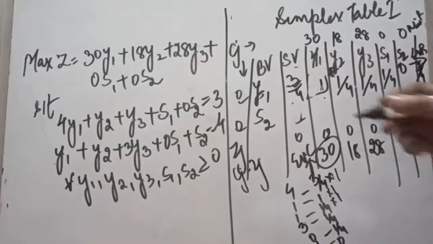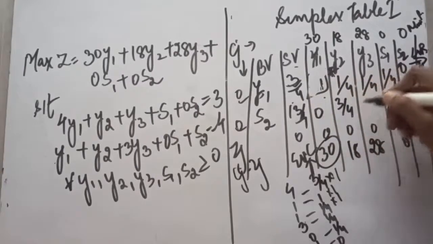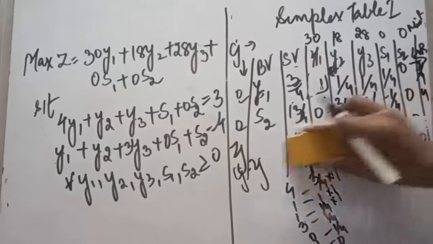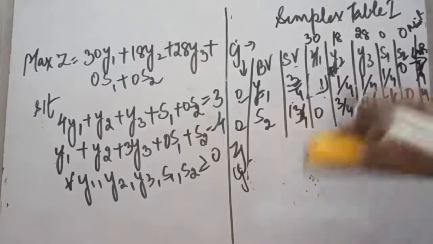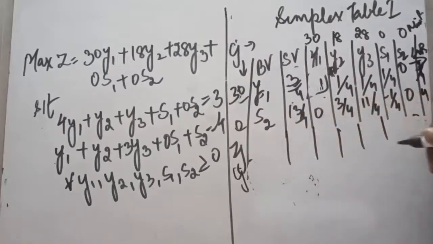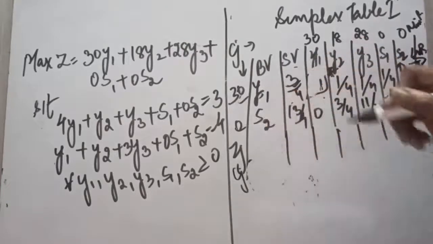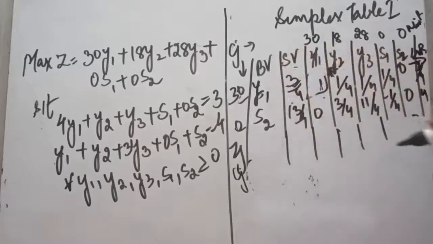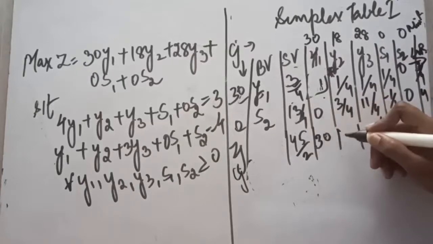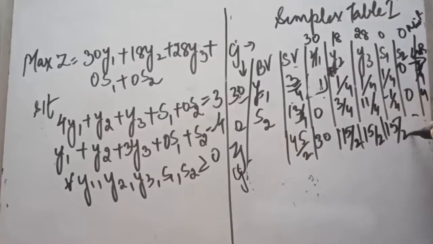So by this we will get the values of our second line. After calculating, you will see the values will be 13 by 4, 0, 3 by 4, 11 by 4, minus 1 by 4 and 0. Then again we will be calculating the Cj, but before that this y1 will be replaced with 30. Again Zj will be calculated. In this Zj, the first is 30 into 3 by 4 plus 0 into 13 upon 4. So this will be 90 upon 4, or you can say 45 by 2. Next will be 30. Next is 15 by 2, 15 by 2, 15 by 2 and 0.